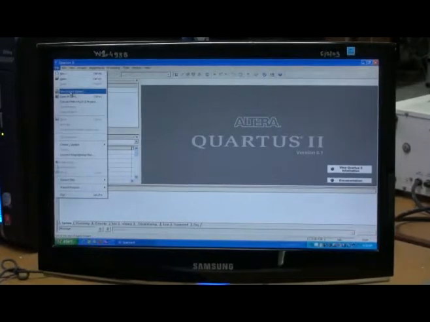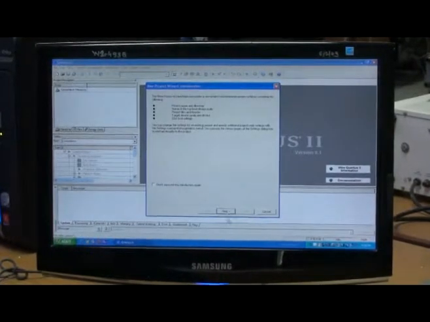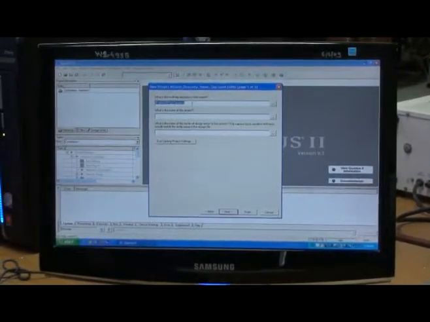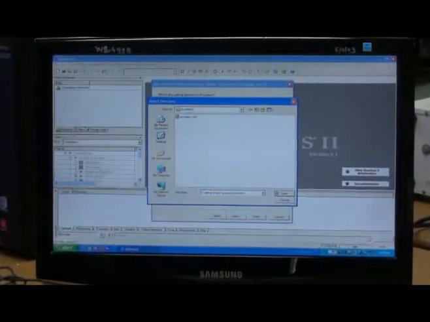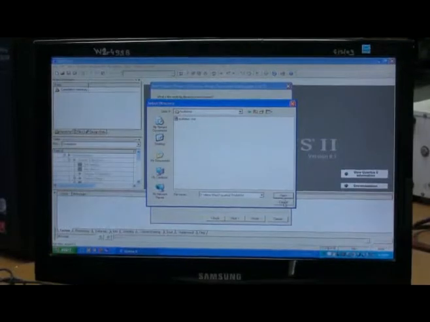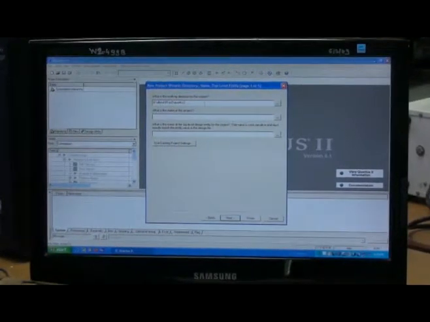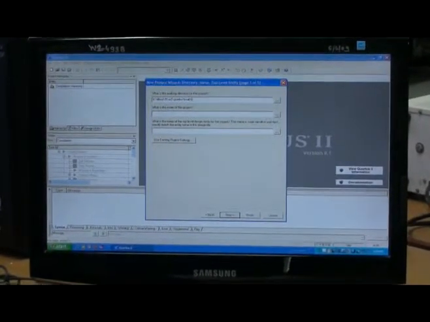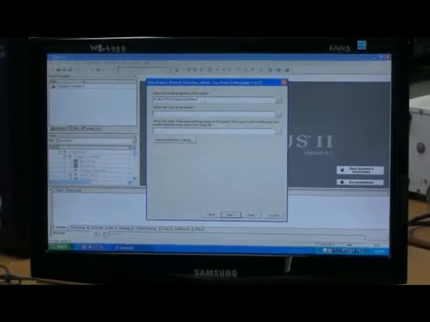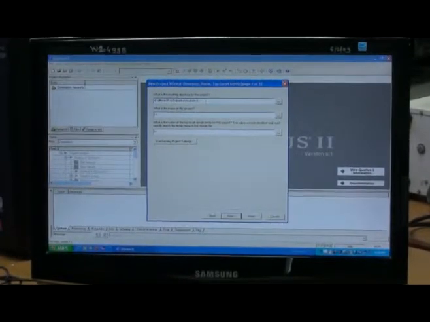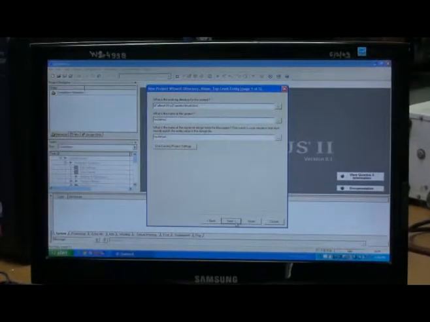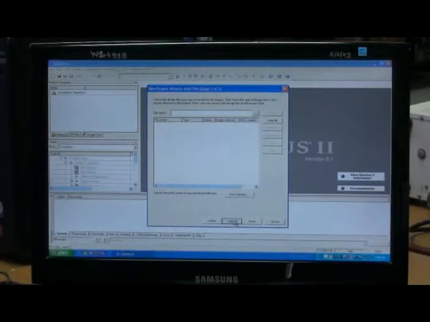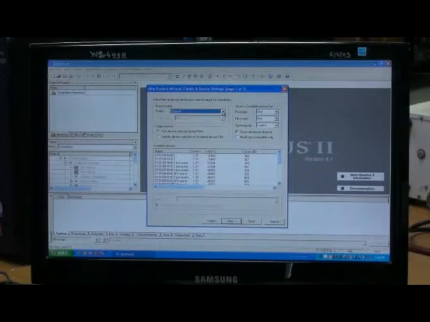Run the new project wizard. Select the appropriate device from the drop-down box.